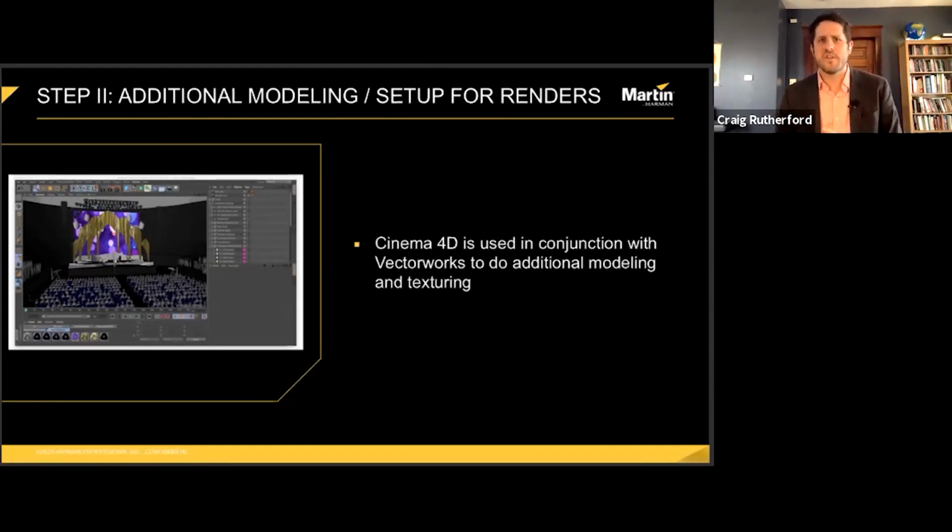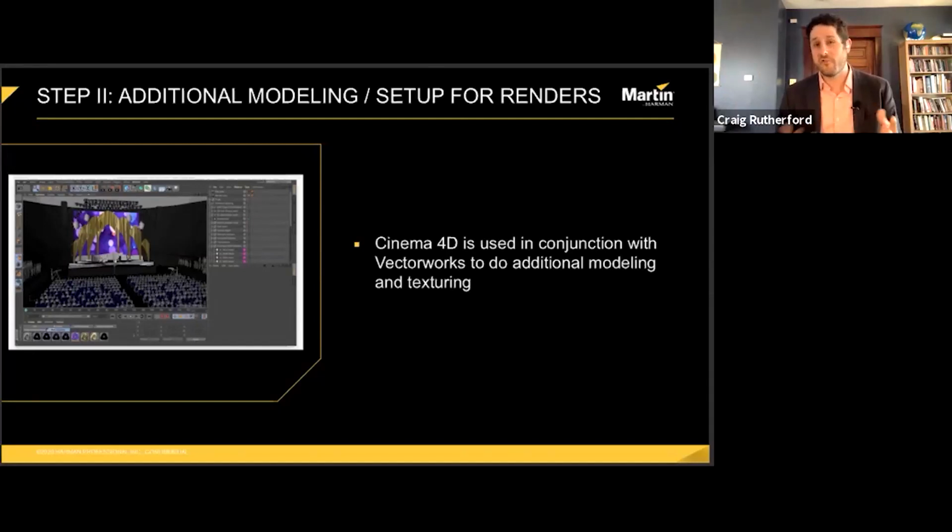Now, in terms of use case scenarios, there's some overlap between Cinema and Vectorworks. Sometimes I find things easier to model in Cinema than in Vectorworks, and that's really true, I think, of anything that has any sort of complex intersecting curves. There are people who are better at Vectorworks than I am, and I can acknowledge that. So I typically have some back and forth. I'll go over to Cinema, back to Vectorworks.